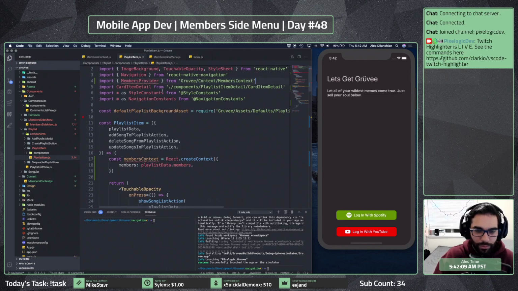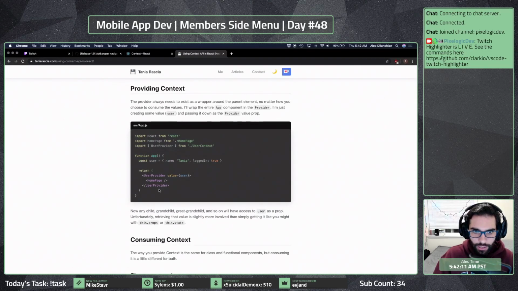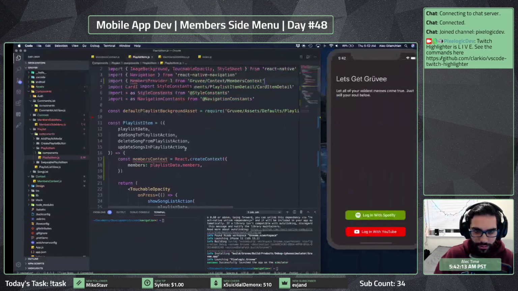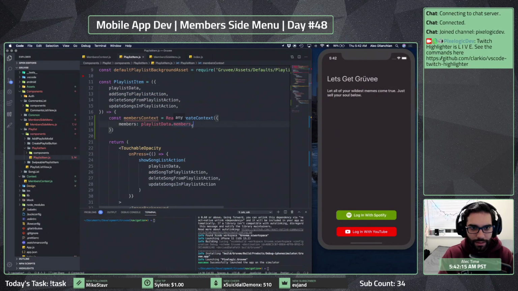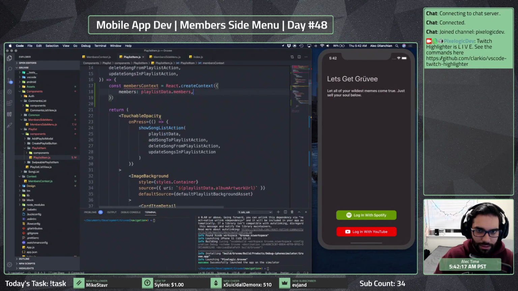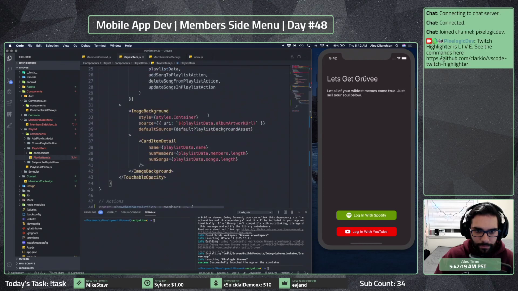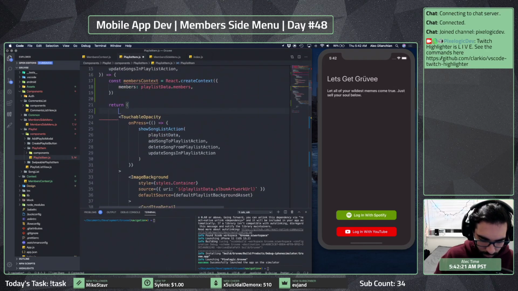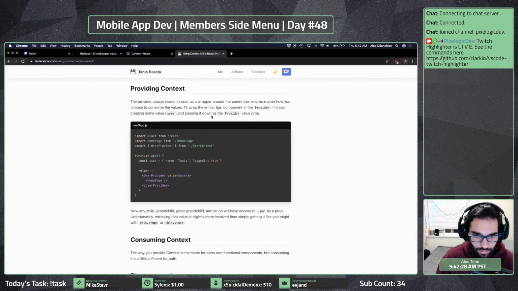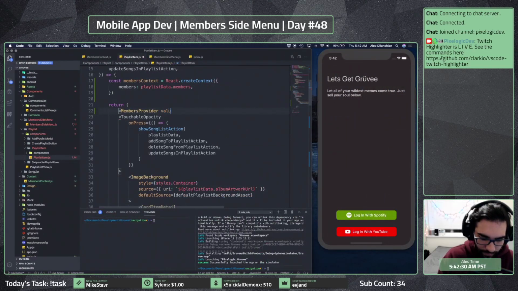Okay, cool. So now we got our members provider in there. And then they're wrapping this entire thing in that. So that means we don't need that. So members provider. And then we call value on this thing.